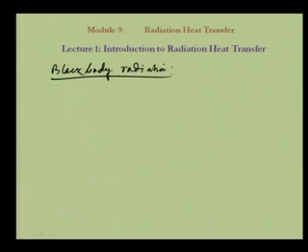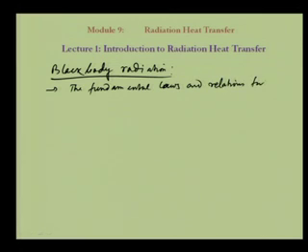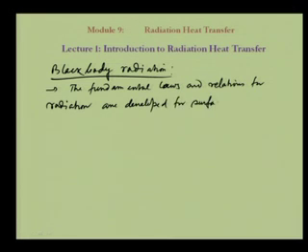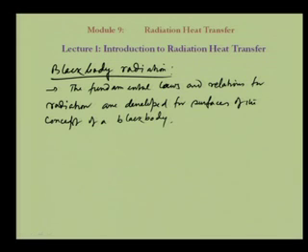Black body radiation. It discusses that the fundamental laws and relations for radiation are developed for surfaces on the concept of a black body. So, that means a concept has been taken which is the ideal, and then the rest of the things will be approaching towards the ideal case,